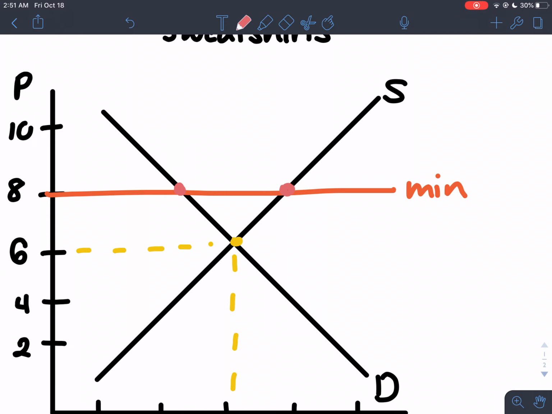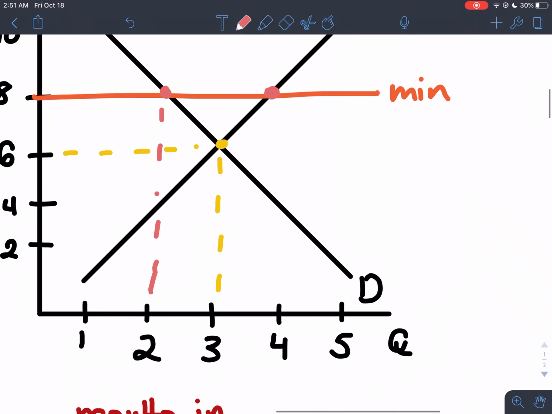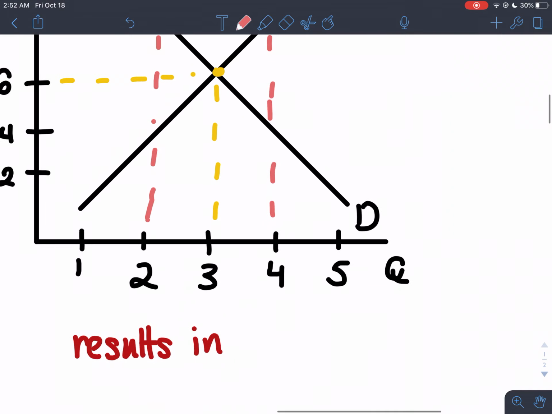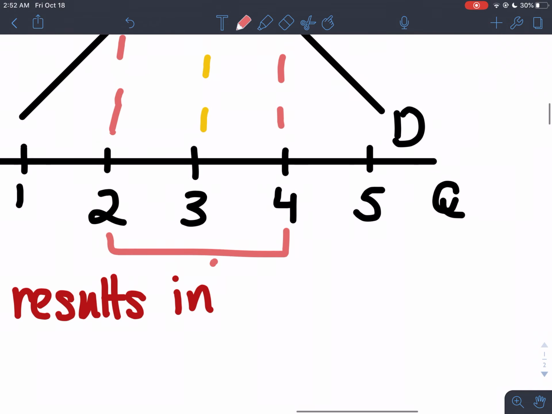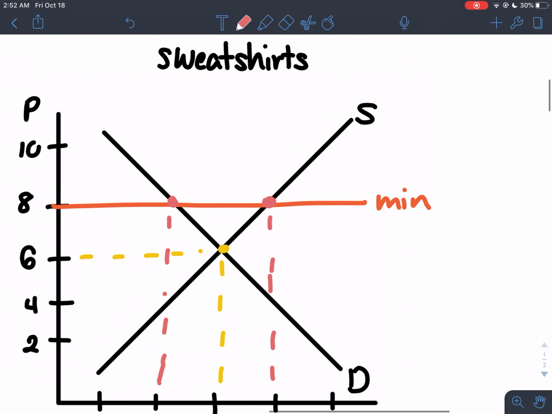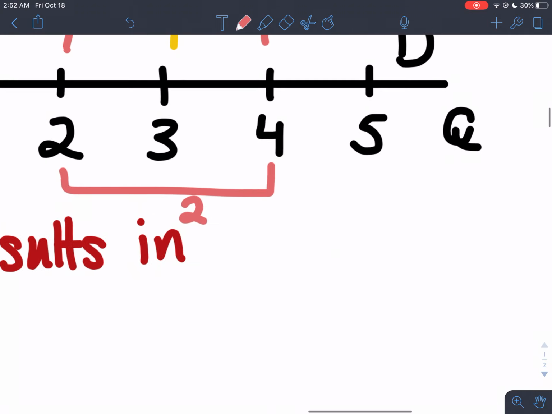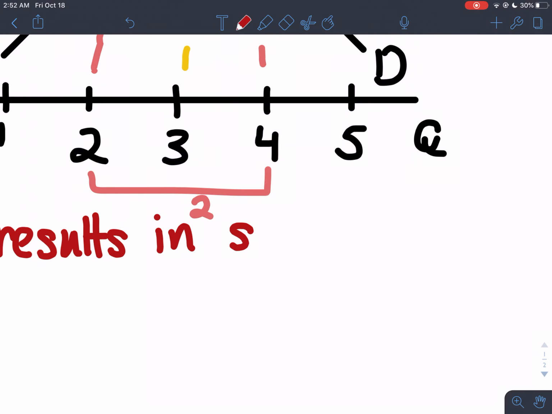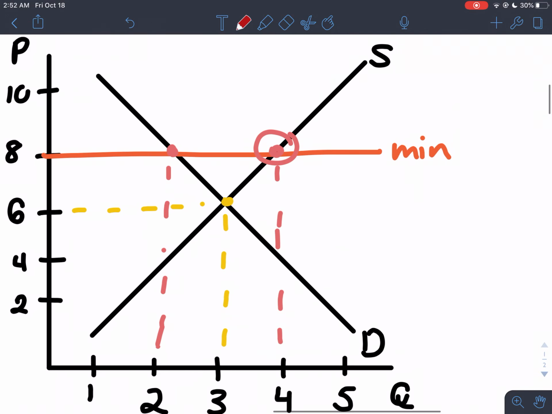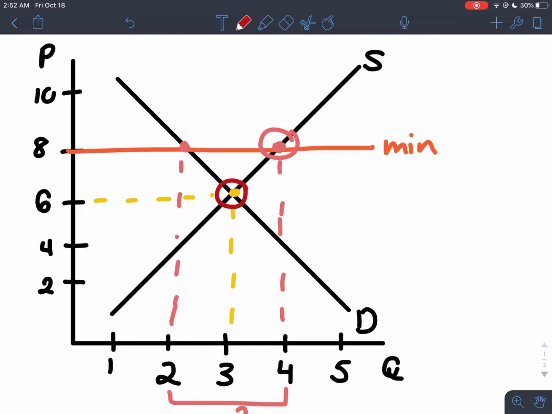So if we dash on down, and again we do some math, that's going to be 2, but this time it's going to be extra because it's on the supply side. So this actually results in a surplus. And then once again, even though buyers and sellers are willing and able to buy and sell sweatshirts down here at a lower price, and it seems like it would make more sense, it's illegal and they just